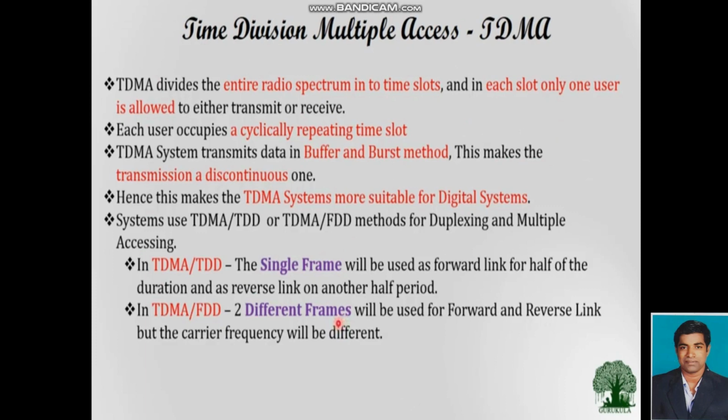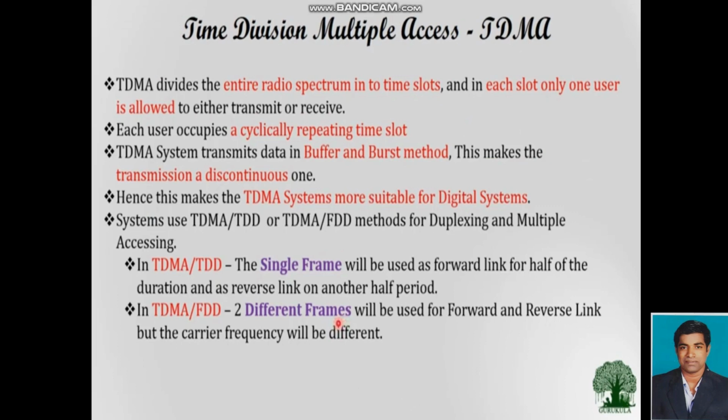Time division multiple access TDMA. TDMA divides the entire radio spectrum into time slots, and in each slot only one user is allowed to either transmit or receive. Each user occupies a